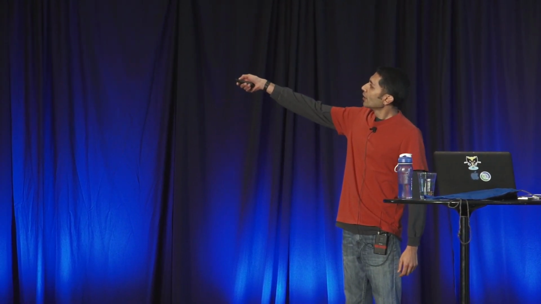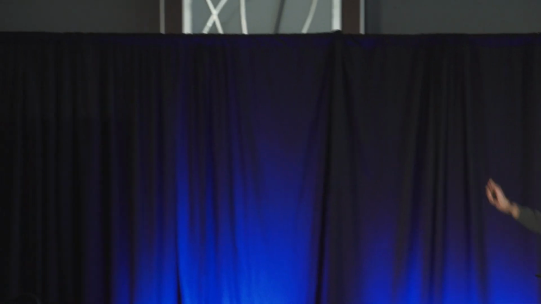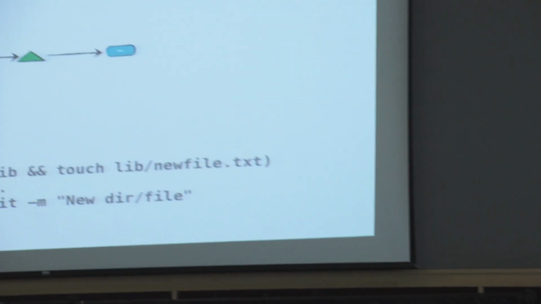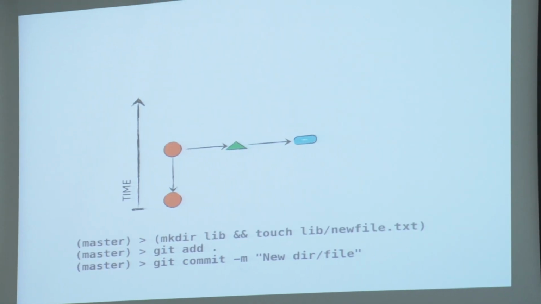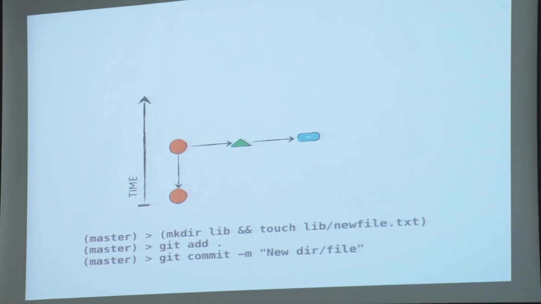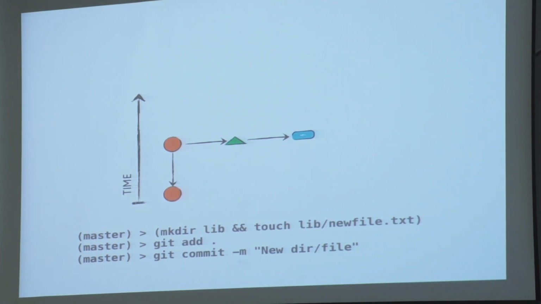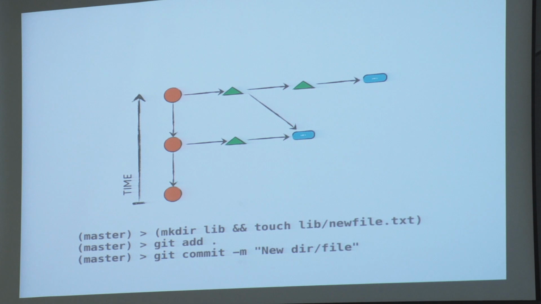Well, let's take a look. Let's say we started with an empty commit, made a file called readme, just like we did earlier. Hello, Columbus. At this point, I make a new directory, I add and I touch a new file, and I commit a new file. What does Git do? My contention is that this file will get stored again in the next commit. Now remember, I haven't changed the file, but it will still get stored. What does Git do? Git creates the next commit to look like this.